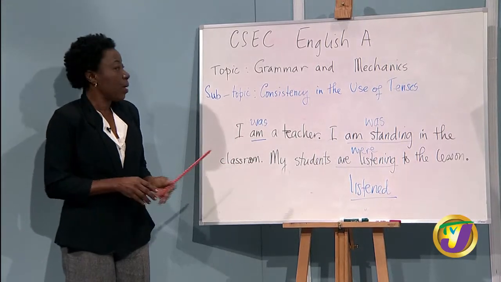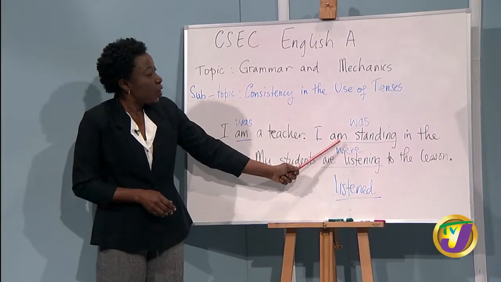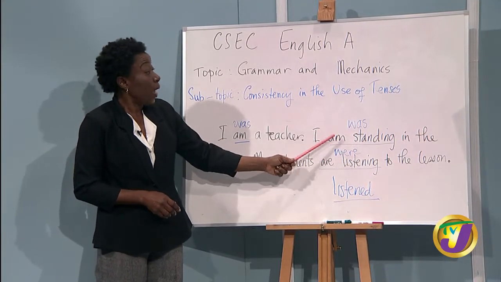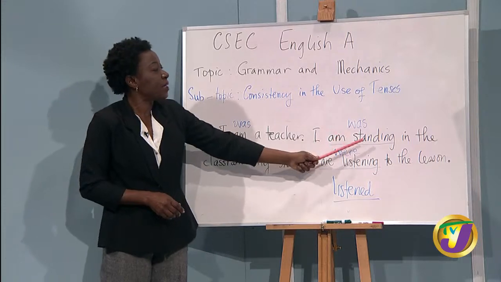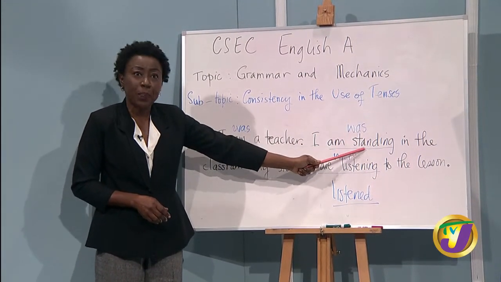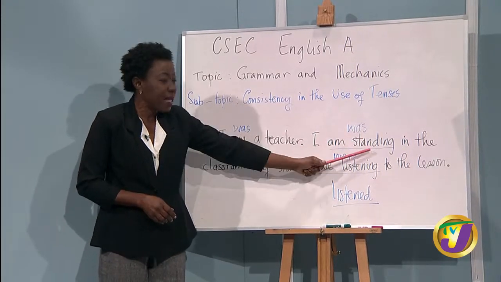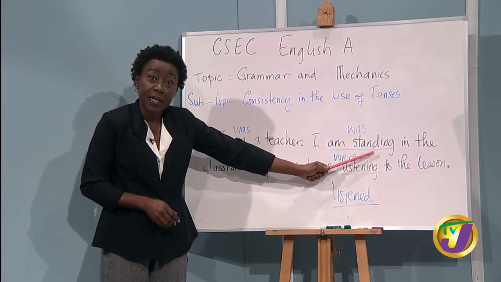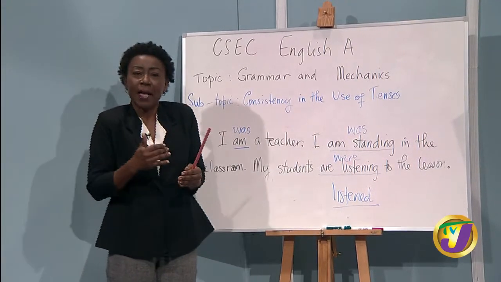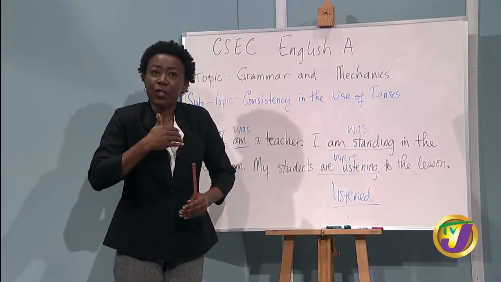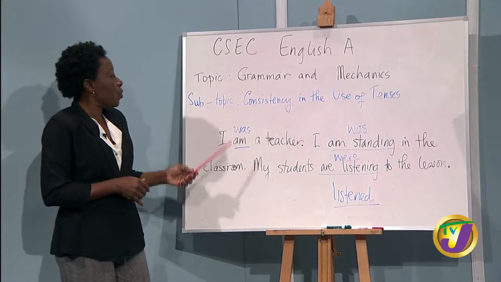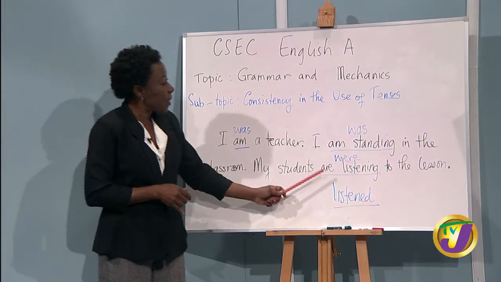Being, existence. Now, when I take and couple it with standing, now I have a verb phrase. Am is accounting for existence still, and standing is the action part. So we have an existence part and the action part, and we have a verb phrase, I'm standing. And the ing that we said is right here, that is showing the action, not just stand, but standing. So the action of standing, it is going on. Now, switching the tense now. So you switch from am to was and are to were.